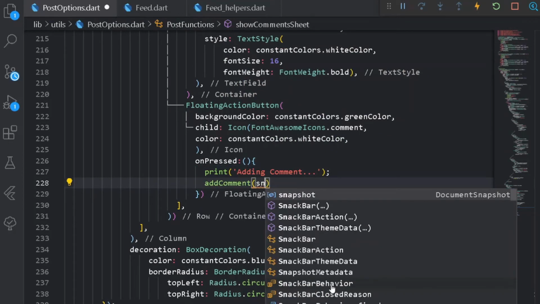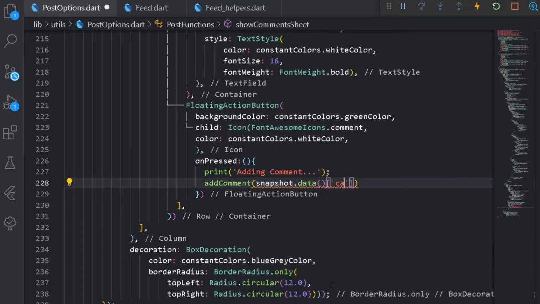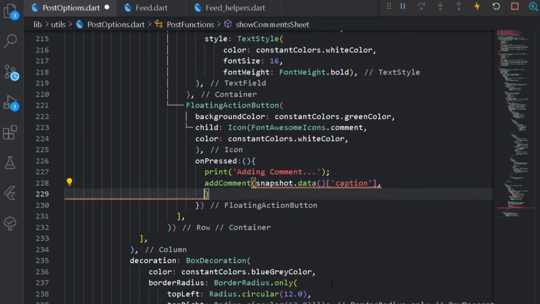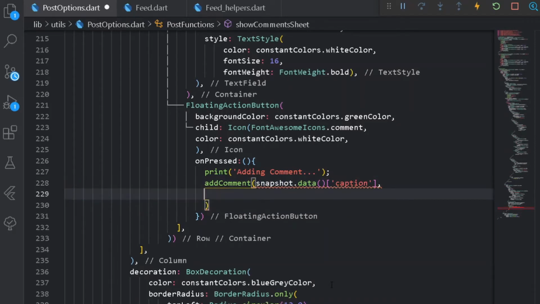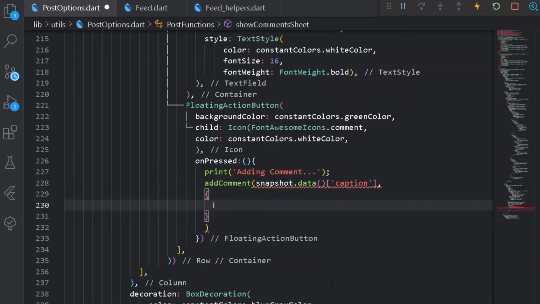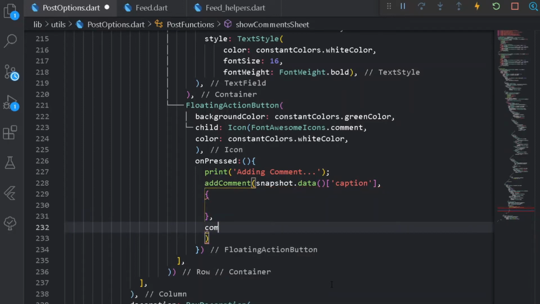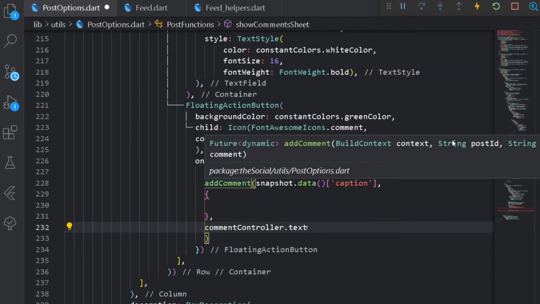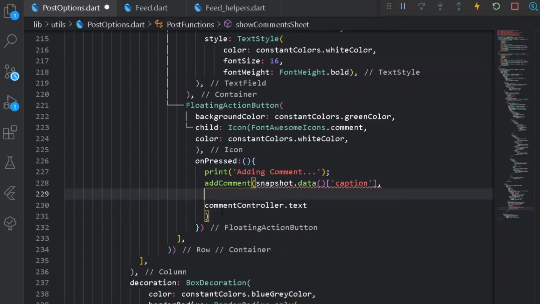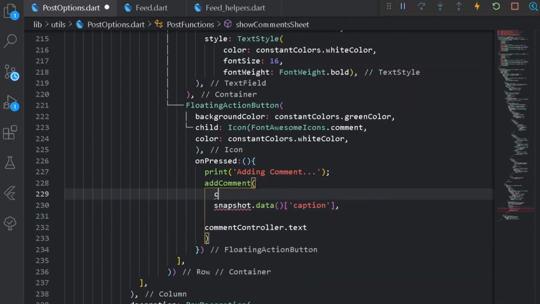It will take a snapshot dot data for the caption to be a doc ID, and after that it will take all of the data that needs to be commented, and after that it will take a comment as well. For comment I can have commentController. Now if you hover over it, it will be taking 3 parameters. Alright, we don't need data, sorry. So first of all let's provide it a context.